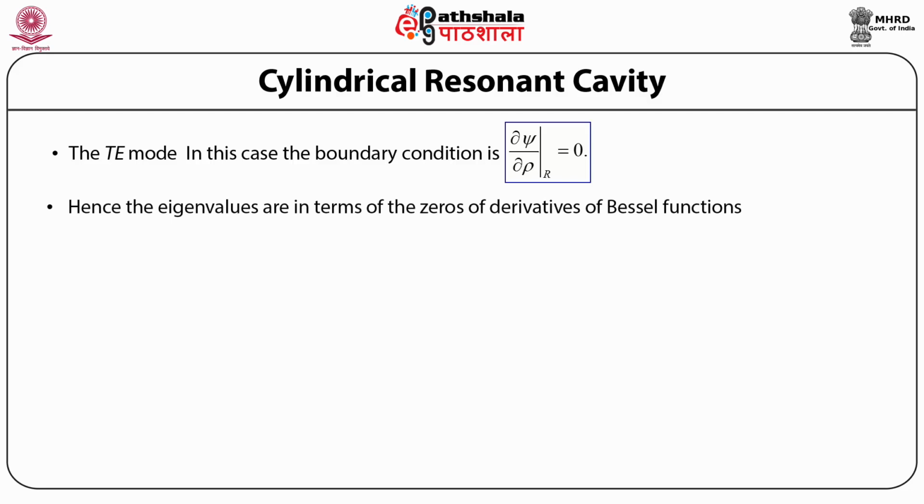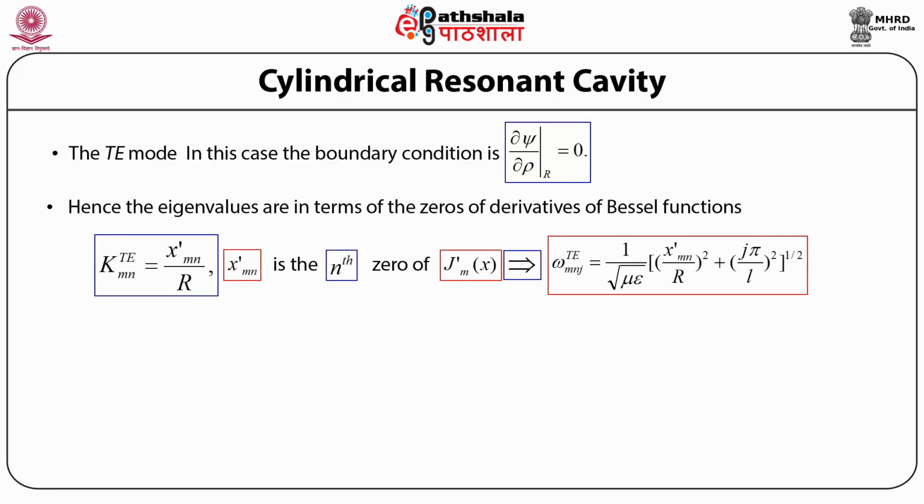And hence, using this boundary condition, the eigenvalues can be found in terms of the zeros of the derivatives of the Bessel's function. So capital K subscript mn superscript TE is equal to x prime subscript mn by capital R, where x prime subscript mn is the nth zero of the Bessel's function derivative, J prime subscript m as a